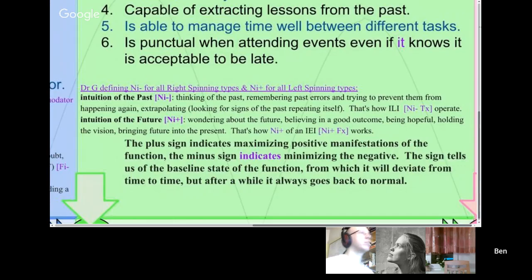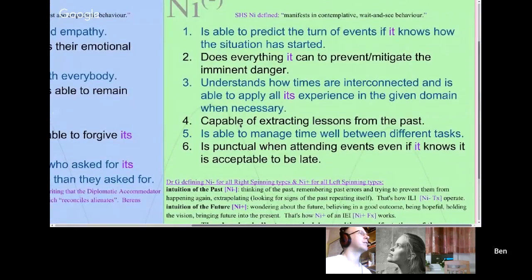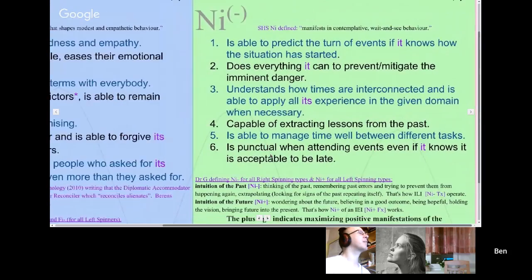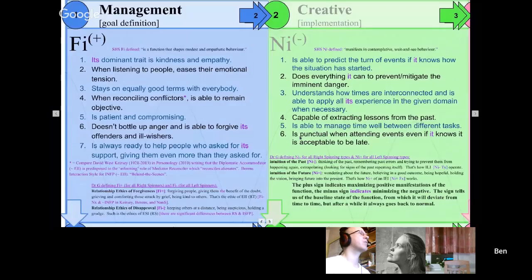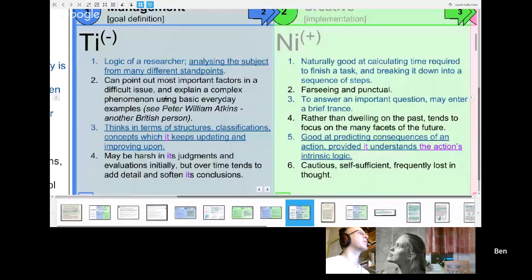So I will scroll down. I've asked Sana already about these 6. I believe I have. Yes, because you mentioned the thing about being late. So whilst I'm waiting for the others, let's have a look at the one for INTP, because I can talk about that, and also wait for her to come back.